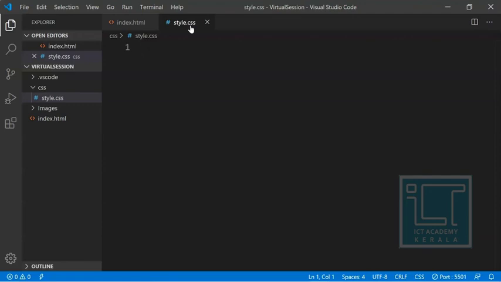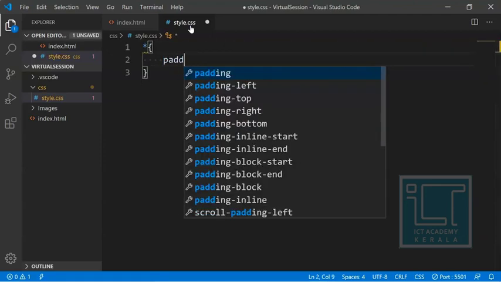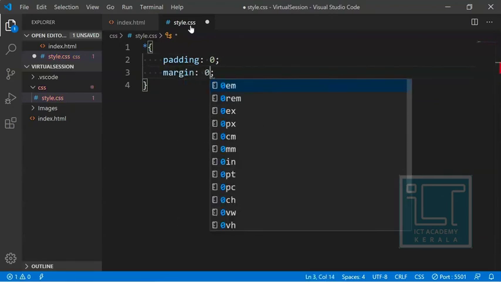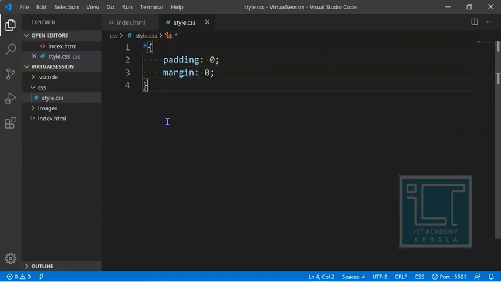I don't know what the basic standard padding and margin is, so it is good to provide a section like padding 0 and margin 0. That means we are setting the basic padding and margin to 0. The star means all, so I am setting the entire body contents' padding and margin to 0. That is what it means.